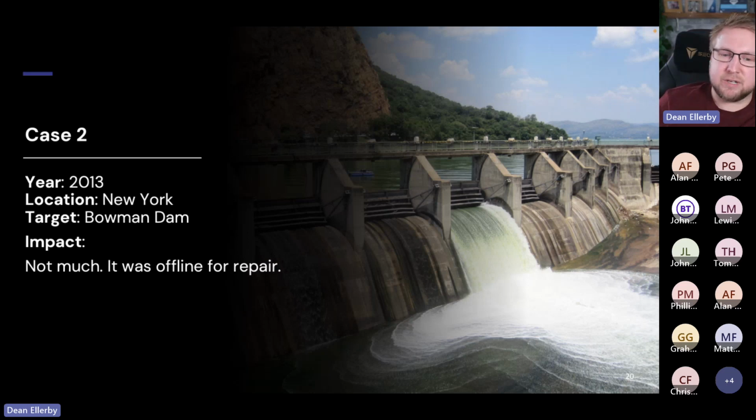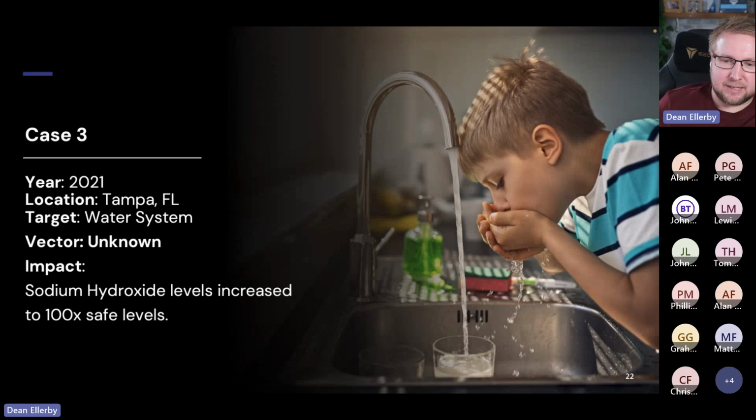If we look at more recent events, in 2021 the Tampa water system was hacked, and the attacker increased the sodium hydroxide level to 100 times the safe level in that water. That product is commonly used in drain cleaners, so it's a pretty big deal. Thankfully, it was noticed by an operator, and they reversed that and no one was hurt, apparently, according to that water company. And finally,